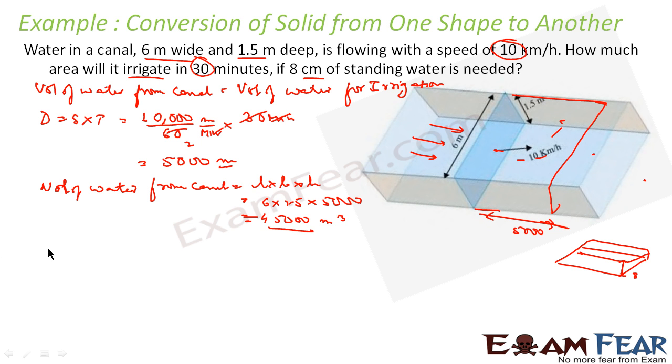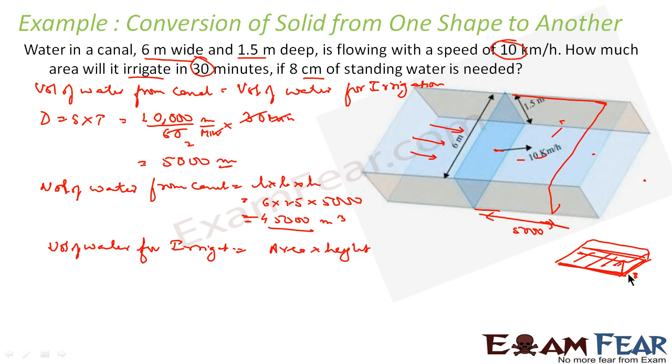We know that the volume of water for irrigation is nothing but the area that is irrigated into height. Correct? See, if this area is irrigated, the total volume is this area into height, because area is length into breadth. The total volume is length into breadth into height. So the volume of water that is used for irrigation is the area of the land which is irrigated into